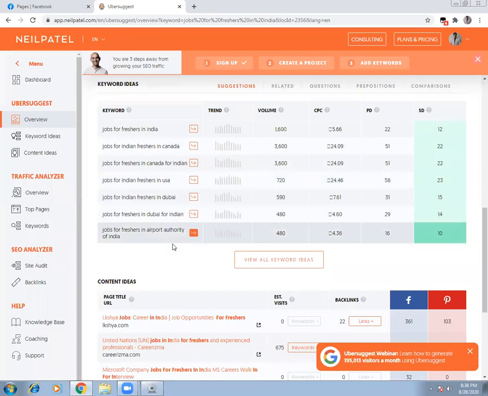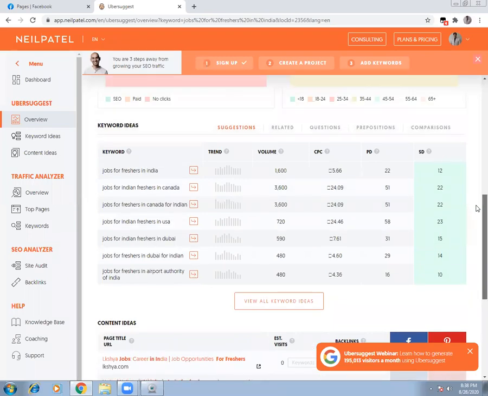So these are all the keywords that people are searching, and this is the volume of people already searching on Google on a day-to-day basis, in the last 1 month or so. So they're getting this much volume already, which is ready-made. That means whenever people search jobs for freshers in India, I can reach out to 1600 people. I'm not using Canada, though the volume is more, because my objective is not the Canadian market.